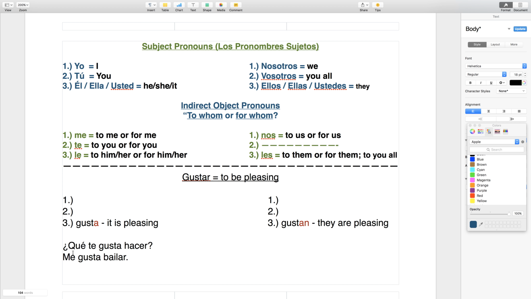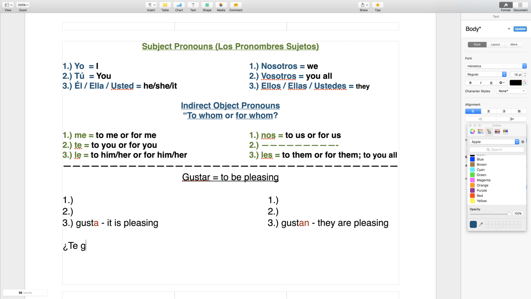All right, now if you notice here, I actually use this word right here, te. So what to you is pleasing to do. Hacer means to do. It's an ER verb. What do you like to do, basically, is what we say. Okay, so